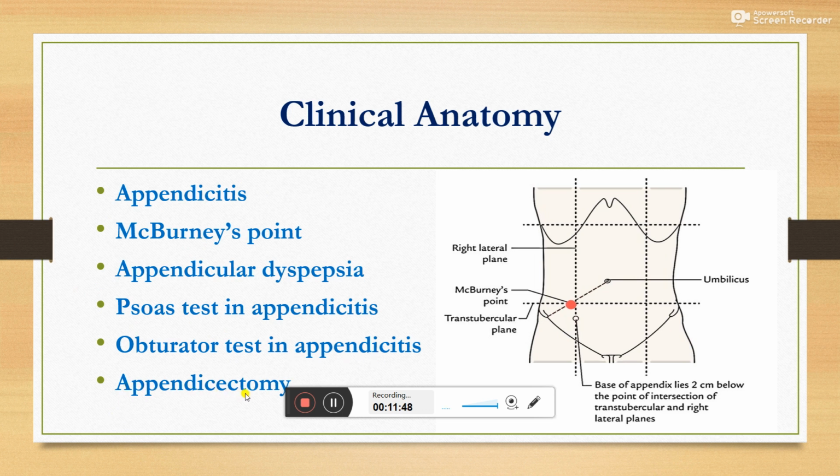Lastly, the condition is appendicectomy. The incision for appendicectomy is purely based on the anatomy of the anterior abdominal wall. A gridiron, or grid-shaped, cross-beam incision is given in the right iliac fossa. The three flat muscles are split along the direction of their fibers. The fascia transversalis and the parietal peritoneum are incised together. The appendix is delivered through the wound, cut at its base and removed.